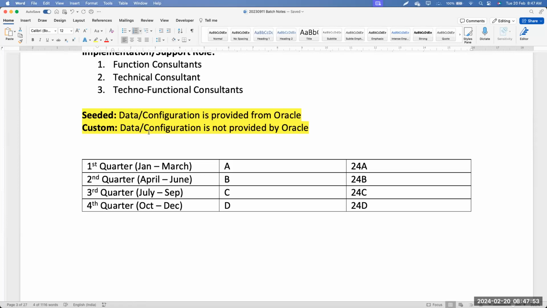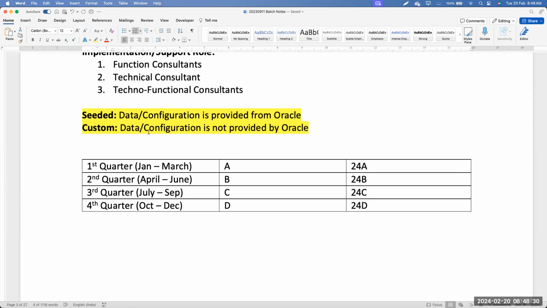And some customers have a different buffer time. For example, for one of my banking customers, if the patch update happens on 1st of January, all the staging instances are migrated to 24A on 1st of January. The production gets migrated to 24A only on 1st of February. They have a 4 weeks buffer. They took an exception approval from Oracle to have 4 weeks, because they have a huge number of integrations and the process is so complex.